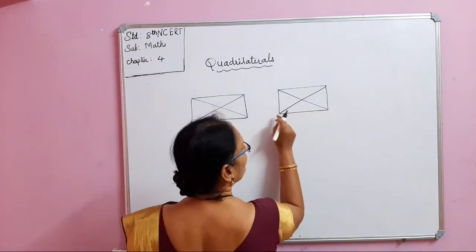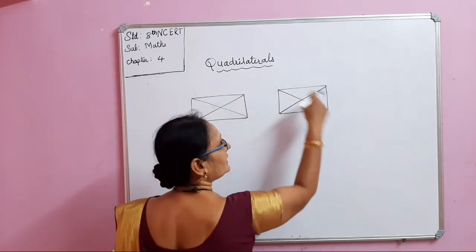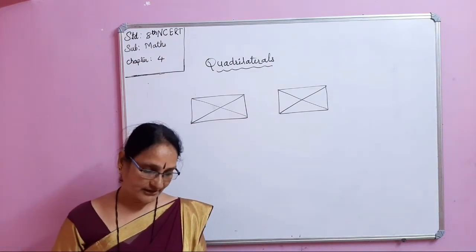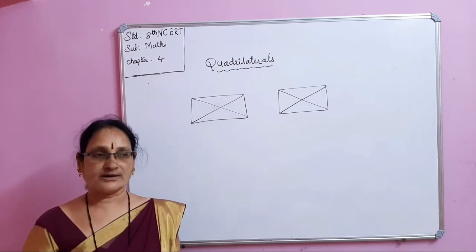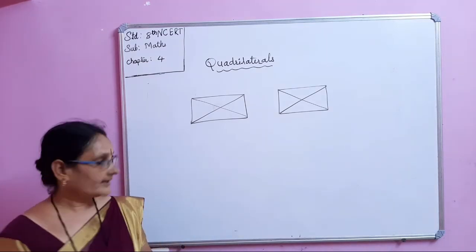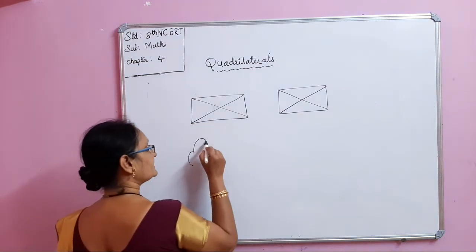See, this is first, second, third, 4 vertices. First and third, second and fourth. When we join them, they are called diagonals. A diagonal is a line segment connecting two non-consecutive vertices of a polygon. This is what a diagonal is. Next comes the interior and exterior of the curved figure. See here.